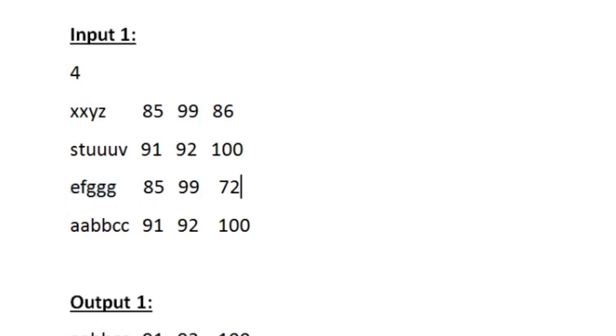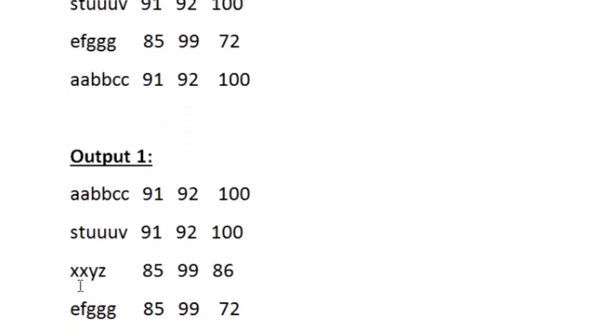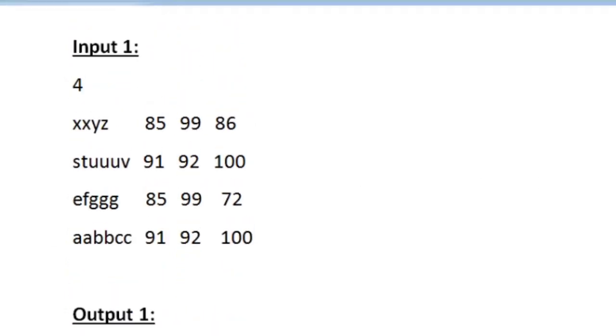So let us see our output. XXYZ is third and EFGG is the last. So this is how we sort our input. First we have to check the marks of Maths, and if they have obtained the same mark in Maths, then we should use Physics, and if they have also obtained the same mark in Physics, then we should compare their marks obtained in Chemistry, and if their Chemistry marks are also equal, then we should check their names and sort according to their name. Now let us see how to write a C program for this.